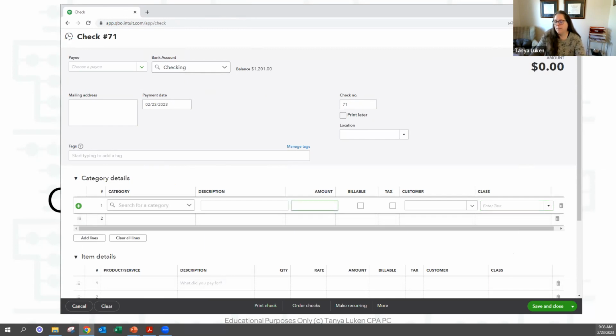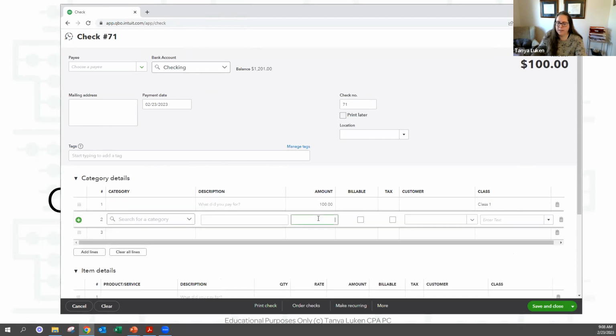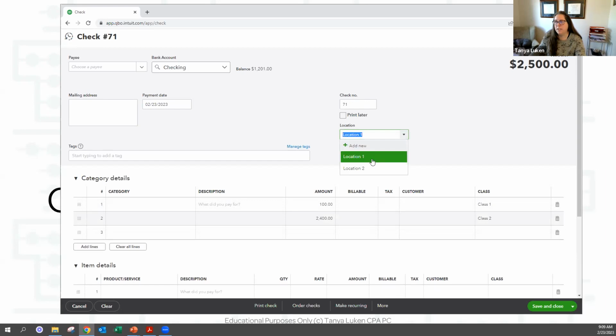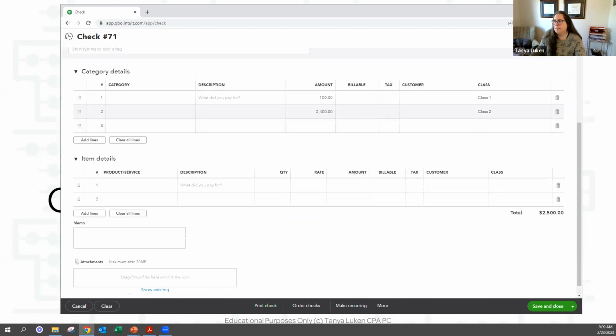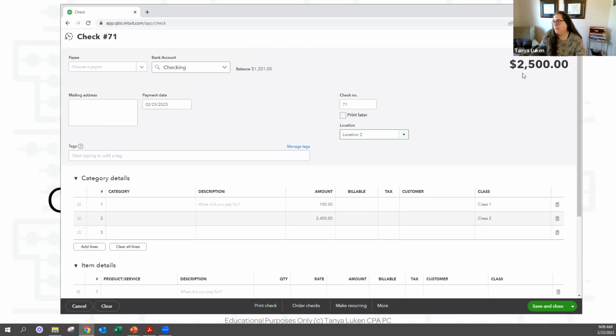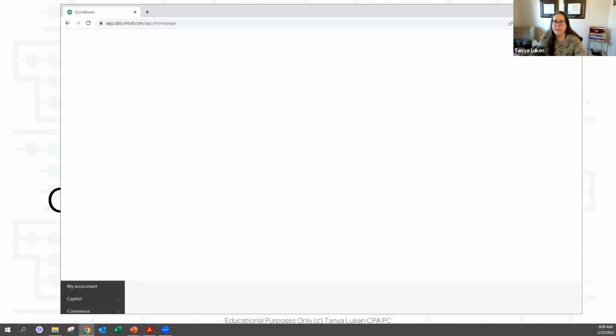So you can have something for $100 that's for the first class, whatever that might be, and something for $2,400 that's for class 2. So you can divide things down here, but you're limited to only one location at the top. You can't pick more than one location. So this $2,500 transaction can only have one location, but it could have multiple classes, near unlimited classes. I just happened to pick 2. So keep that in mind. Just a little bit about what we talked about yesterday.